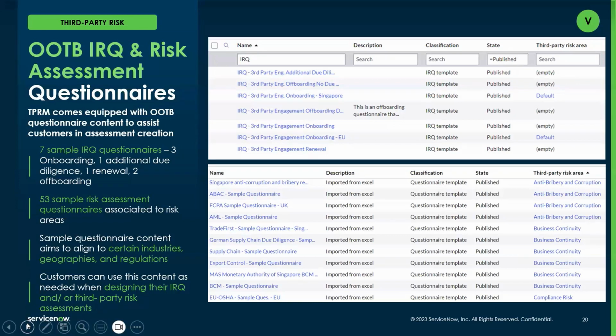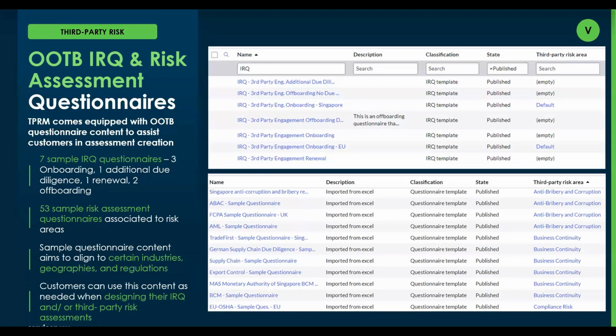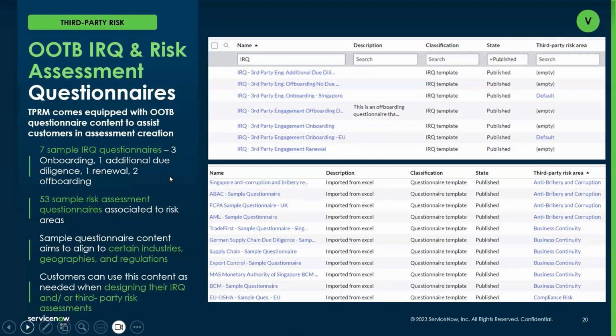No, absolutely. I think our team's been incredibly excited by these new capabilities and the content that's being provided with the third-party risk management solution, Shannon, because as you said, this can be a full-time job in and of itself for organizations to come up with this, and giving clients a starting point on a lot of these different topics, and then being able to go and modify them to fit their specific needs is huge.